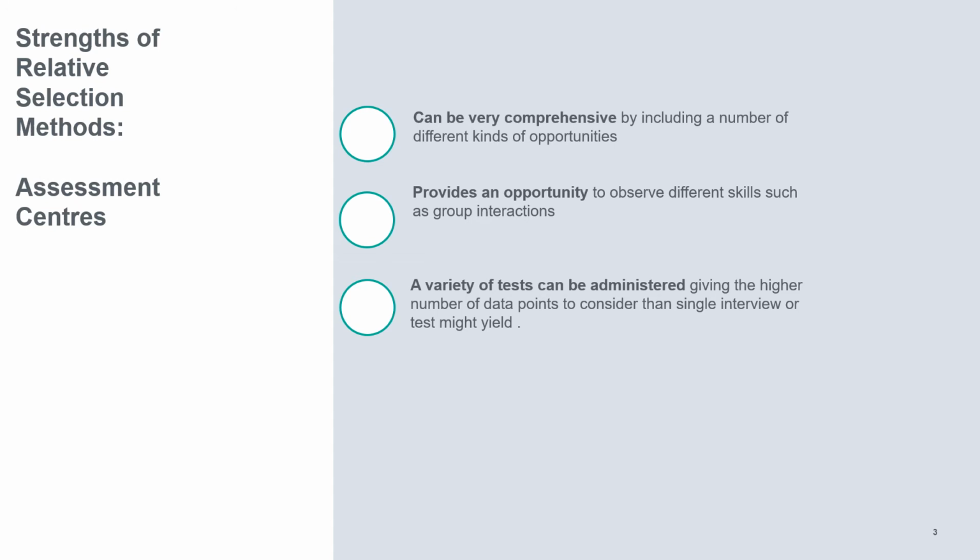And finally, we have assessment centers, and the relative strength of assessment centers is that they can be very comprehensive. You essentially have somebody where you might put them in an assessment center for a day or a number of days, and you can do a lot of different things with them to try and assess their capabilities. One of the advantages that assessment centers have over the ones we've talked about so far, where you're talking about tests and you're talking about interviews, is you can really observe people with different skills, such as putting them in